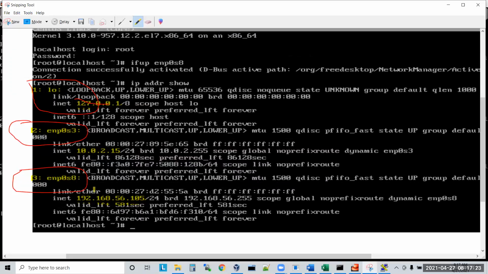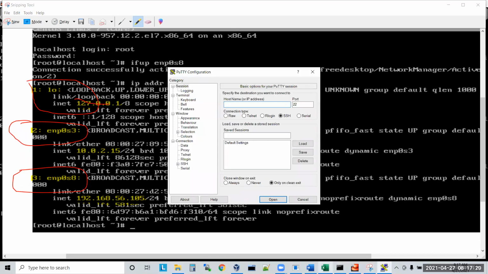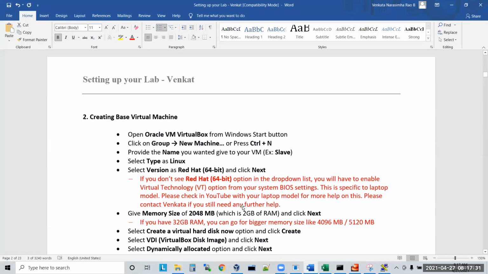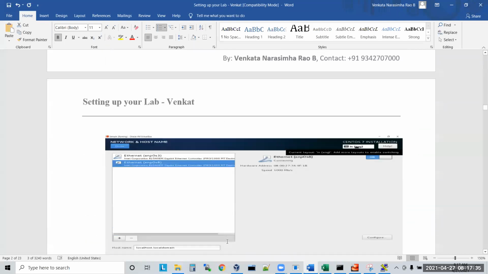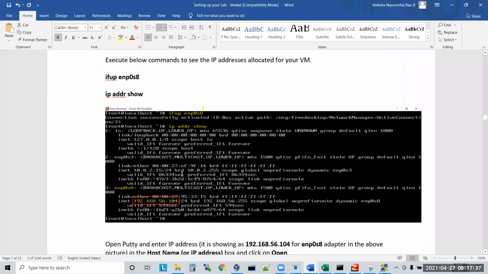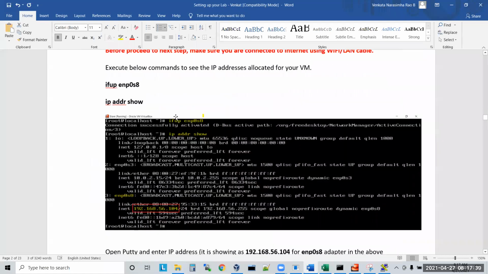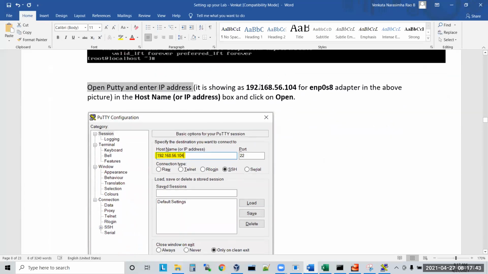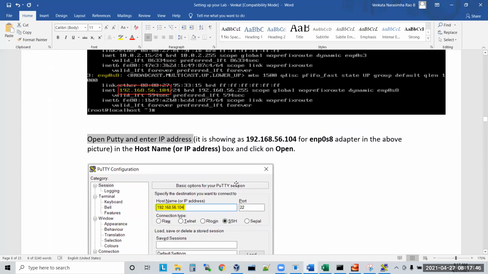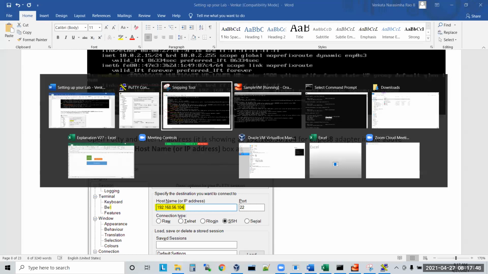Inside putty.exe, you put this IP address. What is the IP address? The enp0s IP address, 192.168.56.105, which I have clearly mentioned here. Open putty and enter the IP address. Here it is showing 104, but for us it is 105.